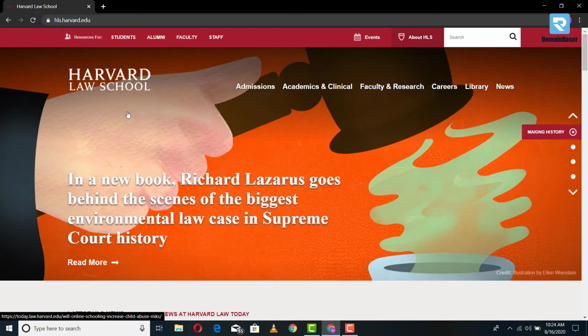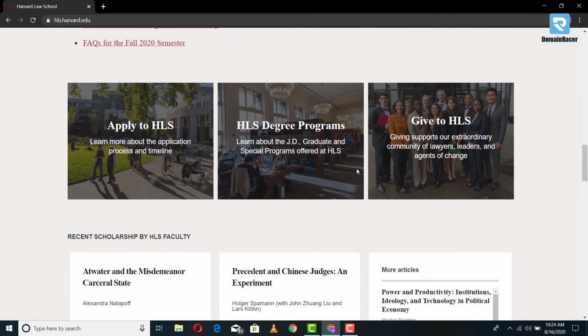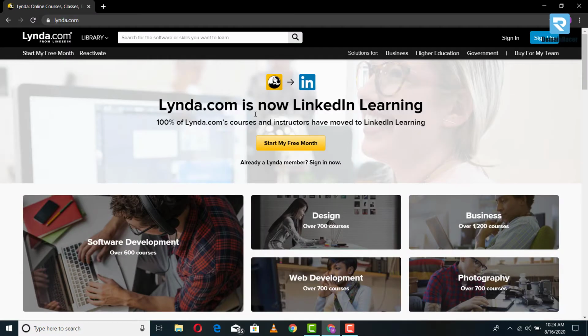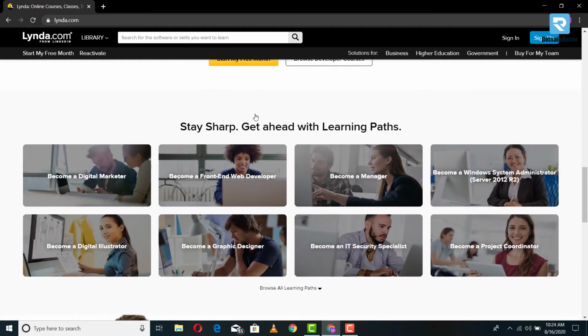Now, having an educational website for your school, university or college is very important in today's date because that way your students can have access to your content online. There are mainly three types of educational websites that you can create. First one would be for a school, college or university like this, or you can create an online educational portal like W3 Schools, or you can have a membership website for education like lynda.com. That said, let us move ahead with creating our website.